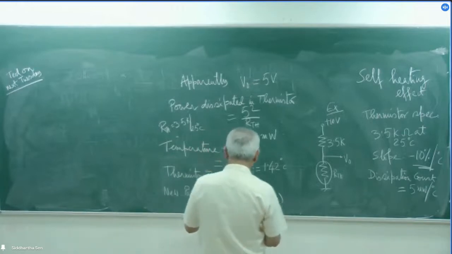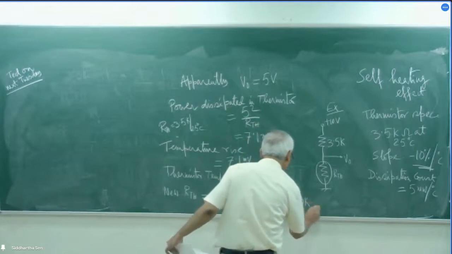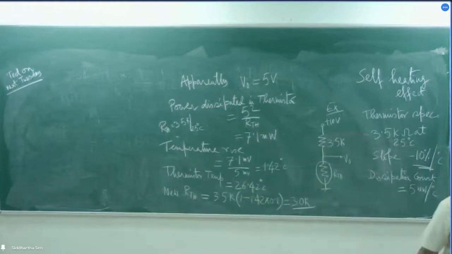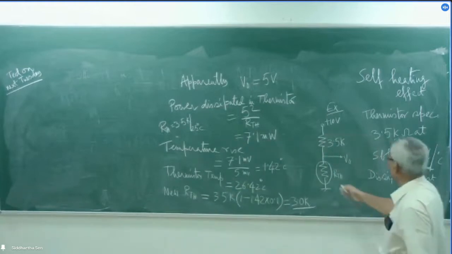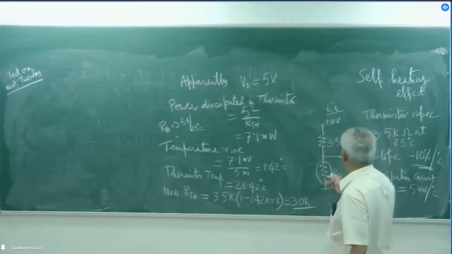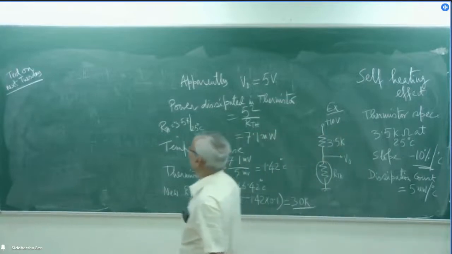And this comes to be about 3.0 kilo ohm. So you see, initially it was 3.5 kilo ohm, but due to the self-heating, it has become 3.0 kilo ohm. So the new V0,